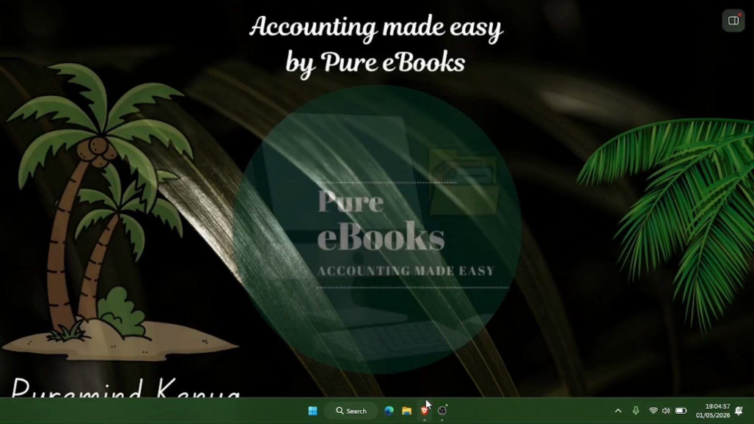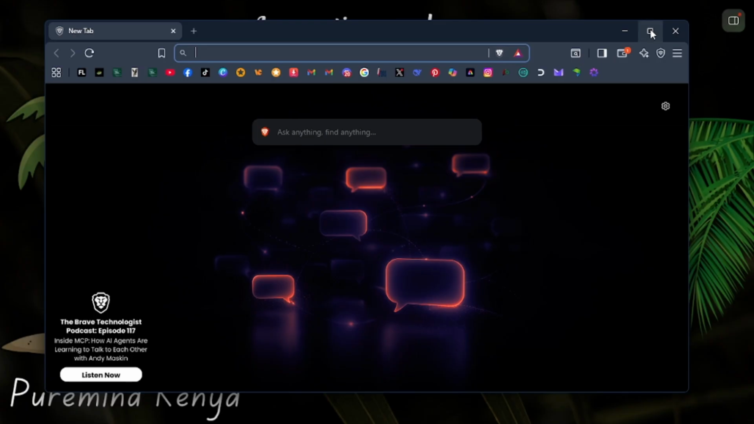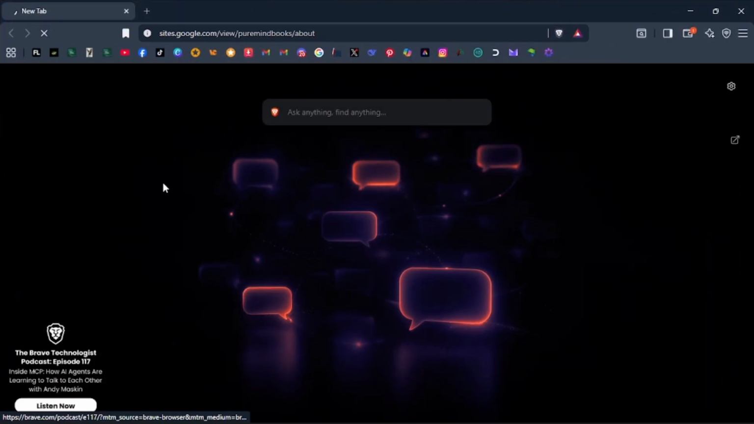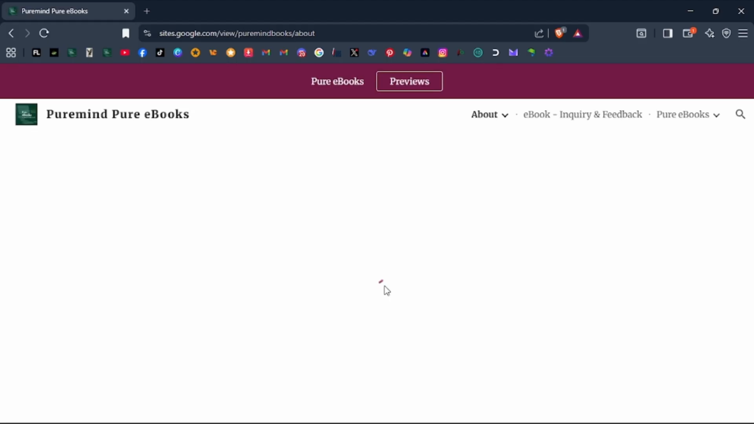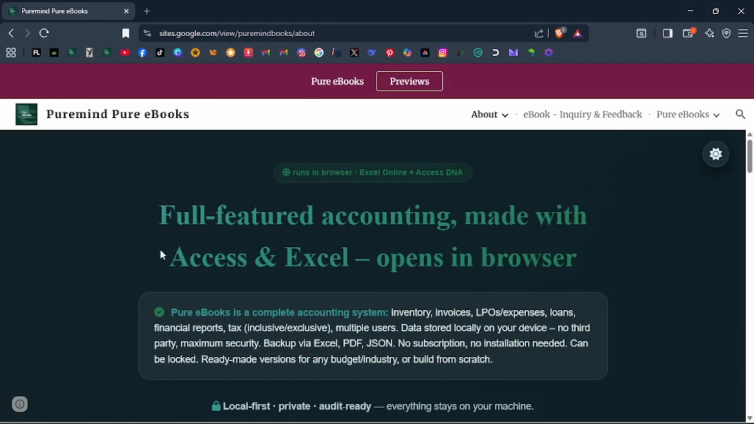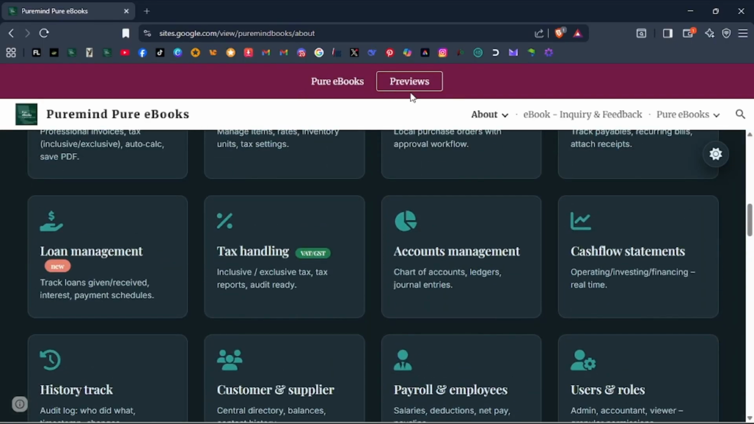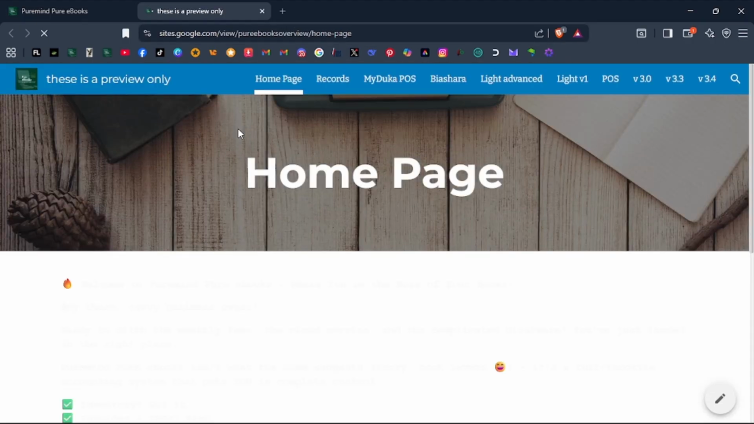Hello, there is some new development, upgrade. At the pure ebook page, you can see there's a new button here, pure ebook previews. Here you can preview the systems